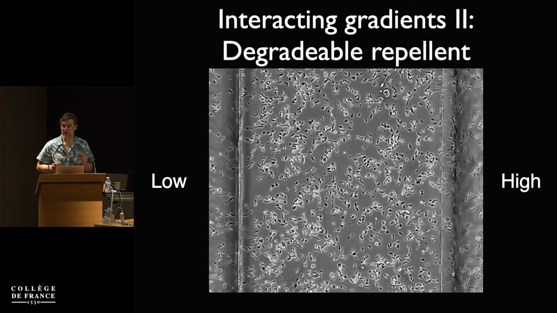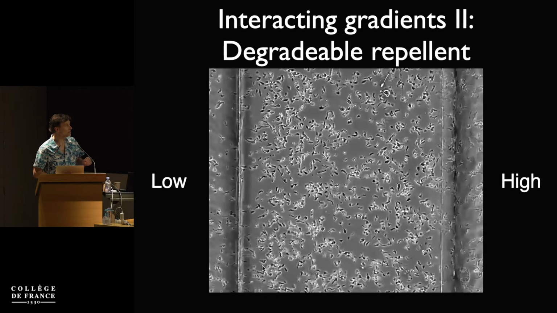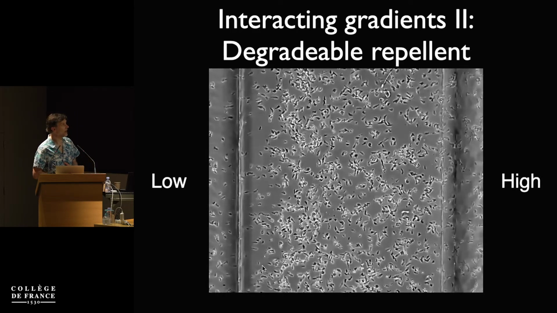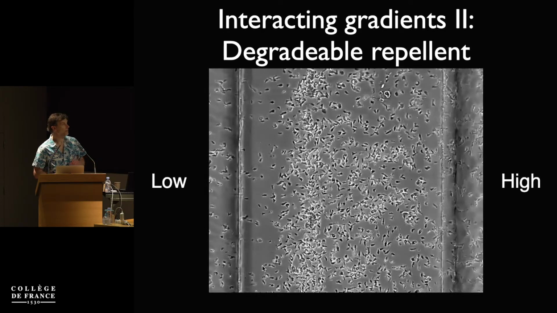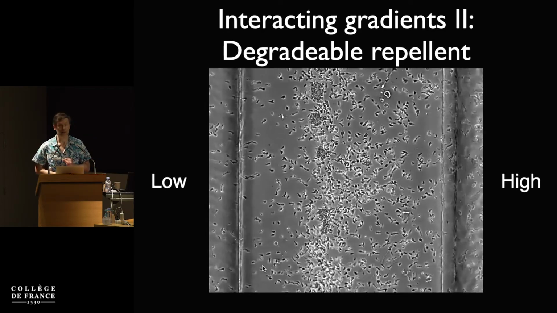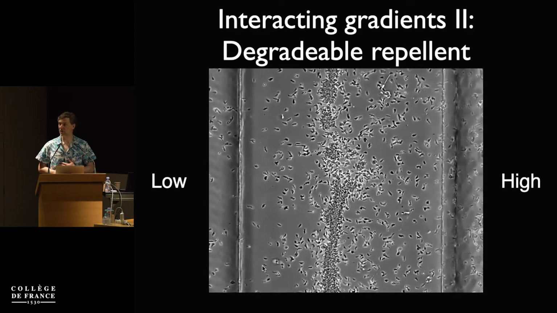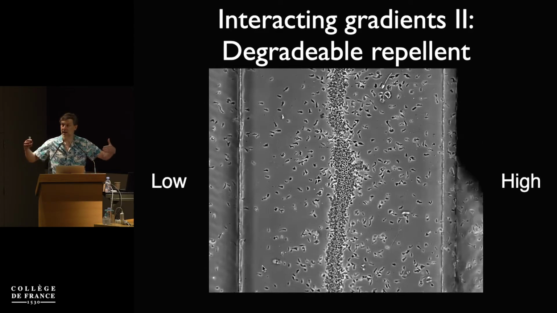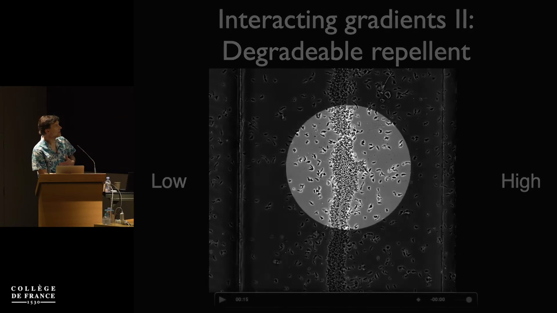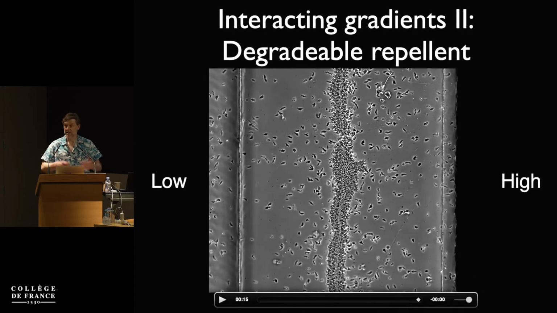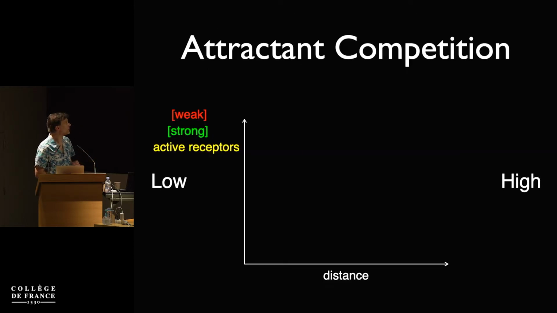Really, more interesting still, can you reverse this? If you use a chemorepellent that the cells can degrade, what happens? And it turns out, yes, totally. The cells at the high end break down the repellent and it becomes more repulsive. The cells at the low end have no chemorepellent, so the attractive thing dominates. And now, you've got to emphasize, this line here, I'm not putting anything there. This is an interaction between two different chemoattractants that the cells are breaking down as they go. So the cells made that line, not me. And again, this is biology and this is wonderful.